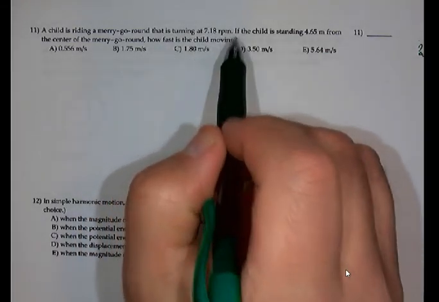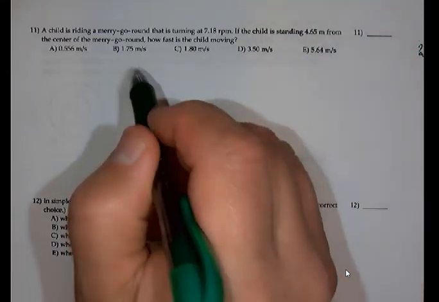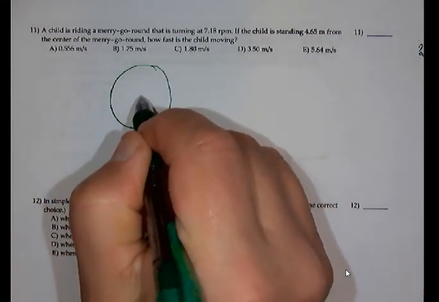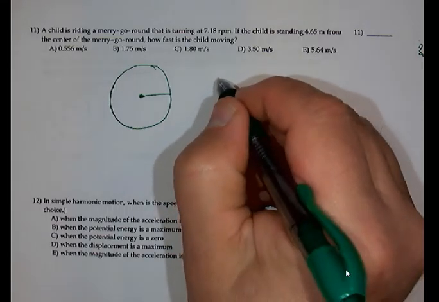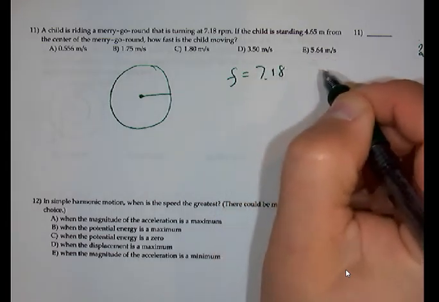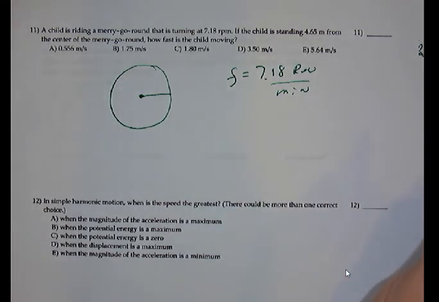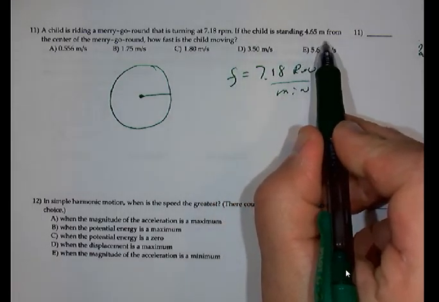Okay, number 11. A child is riding a merry-go-round at 7.1 RPM, so that's sort of like a frequency, but it's just not in SI units. If the child is standing 4.65 meters from the center, how fast is the child moving? Okay, so here we have the picture. We sort of know the frequency, just not in SI units. So 7.18 revolutions per minute. We really need this to be revolutions per second for it to be frequency in SI units. The child is standing 4.65 from the center, so the radius here,